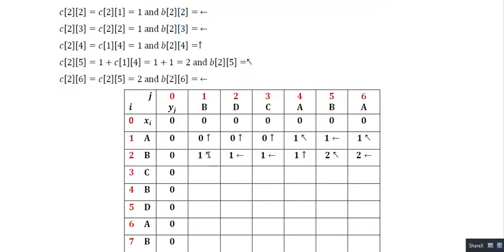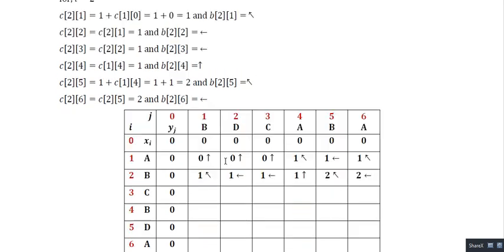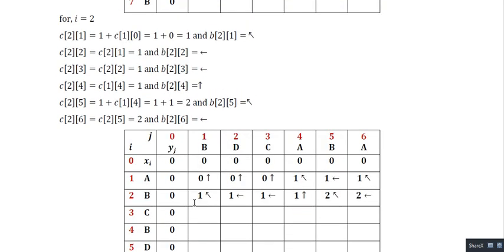Okay, all these things are filled after doing all this calculation. So you just forget these things, right? Timing. So C21 means again 2 1. B, is it same as B? Yes. So first case, we just subtract 1, subtract 1. So 1 plus C10. C10 value is 0. So 1 plus 0 is 1. So I am just putting 1, and the arrow will be this arrow.